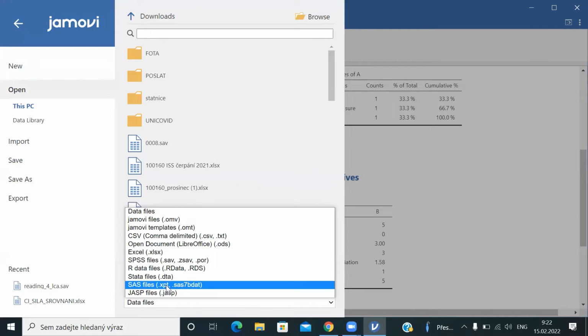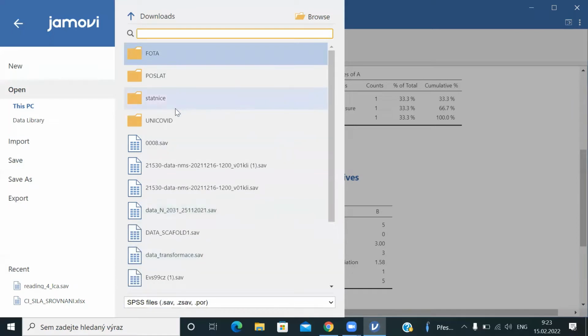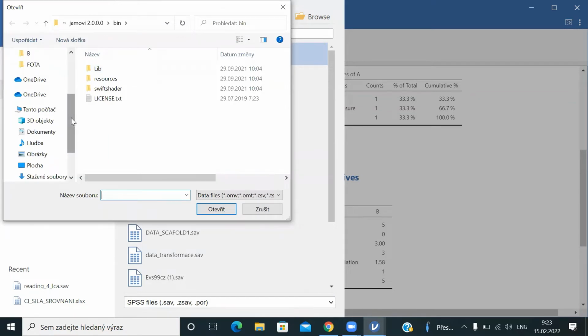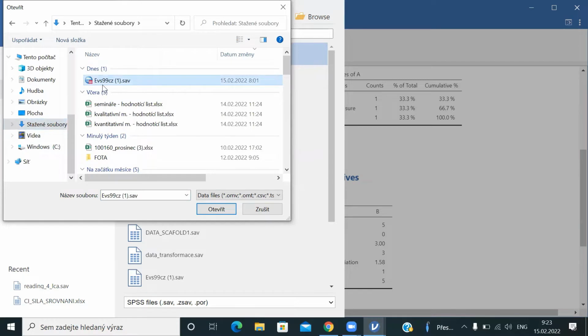So I would choose the SPSS data file, and I would need to find the place where I saved the data file. So it would be in downloaded files. I will find EVS99CZ, and I guess if I click open, sorry for checking here,